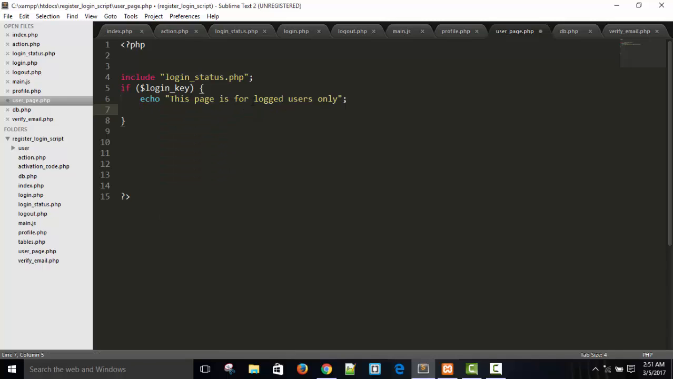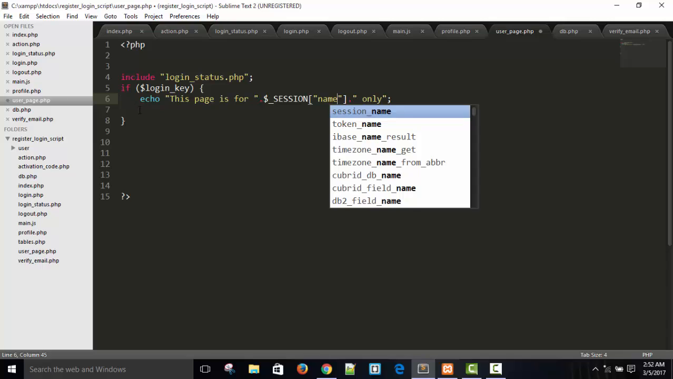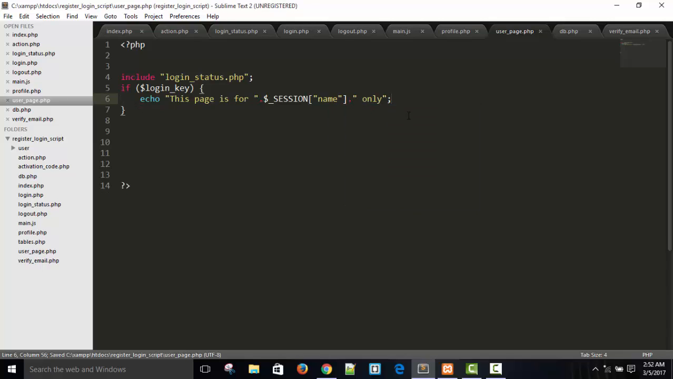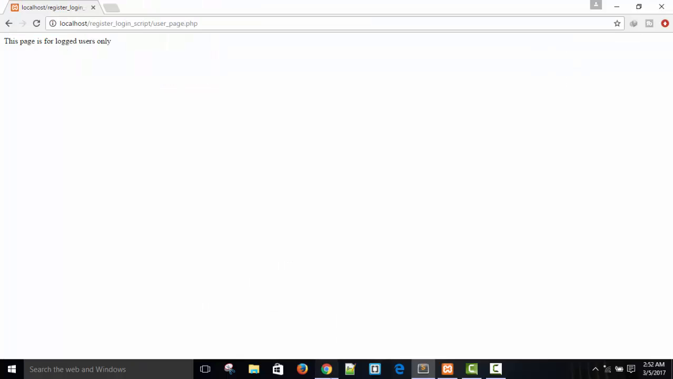Okay. This page is for $_SESSION name. Okay, refresh. You can see this page is for Rizwan Khan only. This page is for Rizwan Khan only. And if we are not logged in,